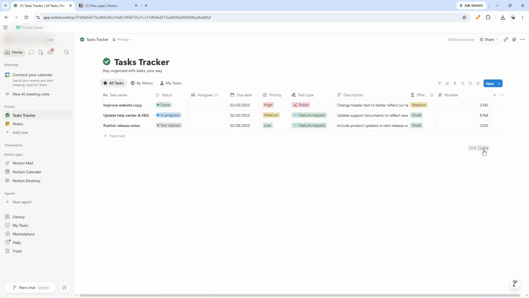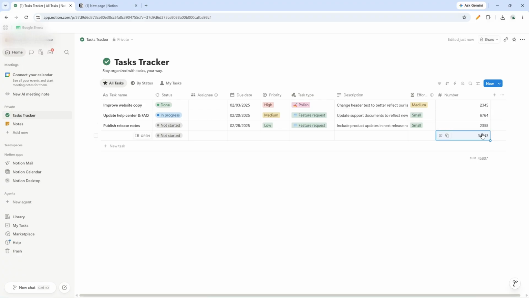This is especially helpful because you don't need to recalculate anything manually. Notion handles it for you in real time. Finally, verify that the total updates automatically. After changing or adding a few values, look back at the calculated result and confirm that the sum reflects the new numbers correctly. This quick check helps ensure everything is working as expected and that your column is being totaled